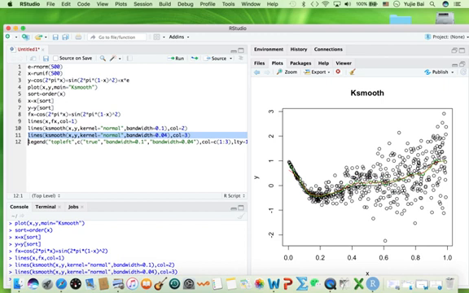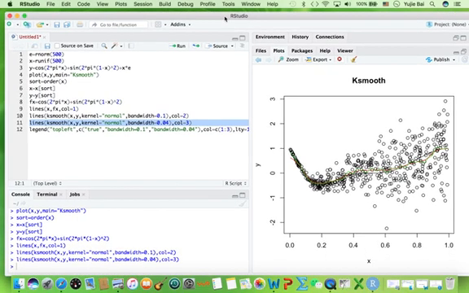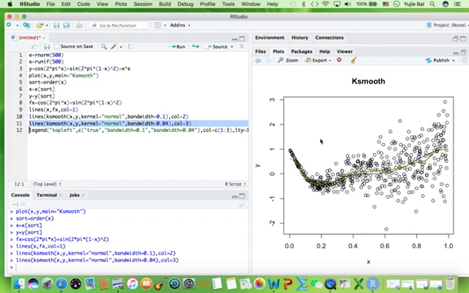So for the blue curve, it has the large variance but small bias. For the red curve, it has the small variance but large bias. So this means that the smaller bandwidth value gives the wiggly curve, and the larger bandwidth value gives a more smooth kernel curve. So this is for the kernel